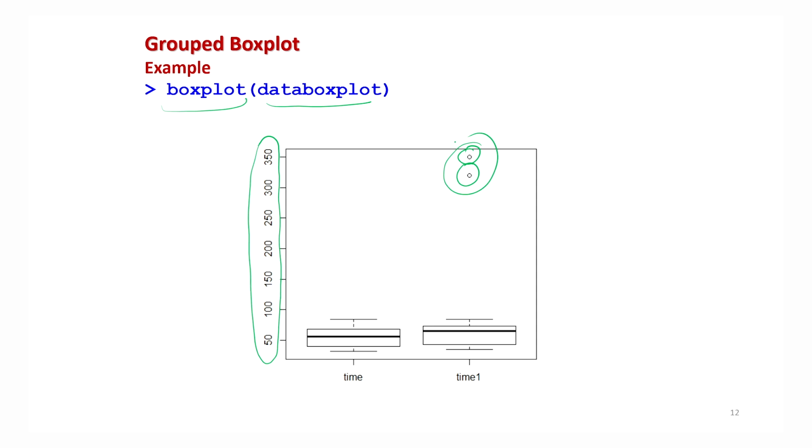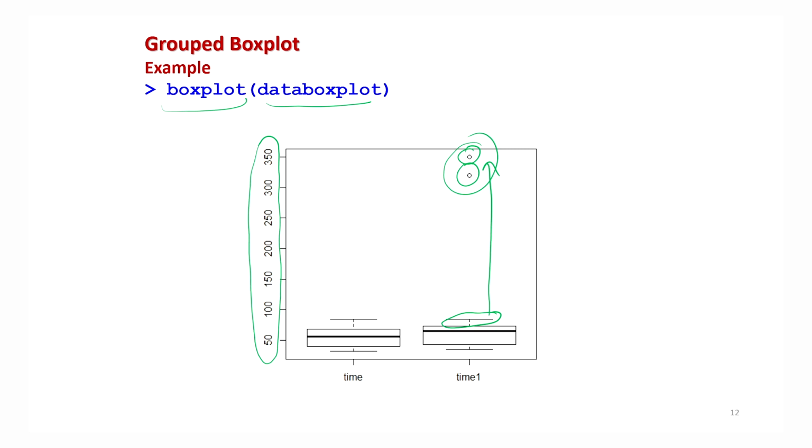And if you see, the R software, or the concept of the box plot, has not considered them as part of the data. If it had, this maximum value would have gone to this place. So that is the beauty of statistics: if you use the correct tool at the correct place on the right type of data, then you get the correct information.